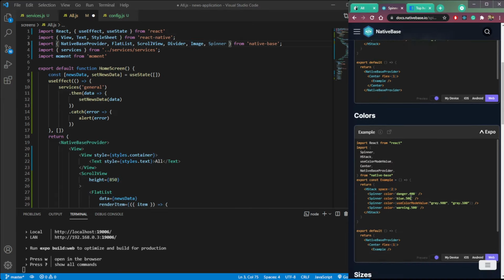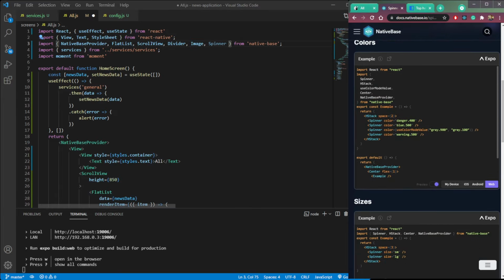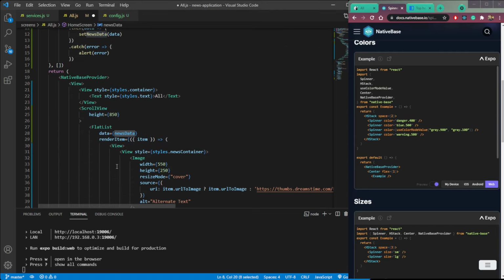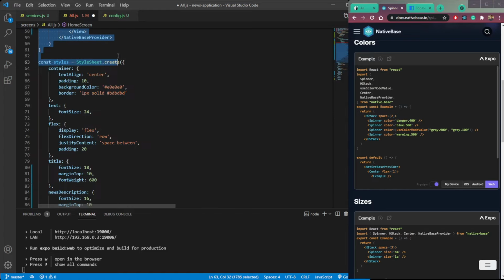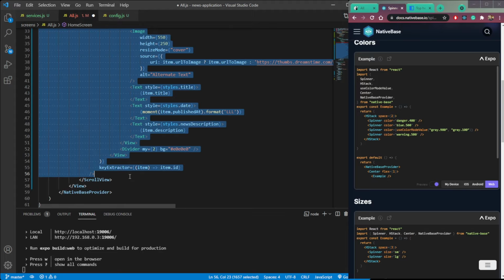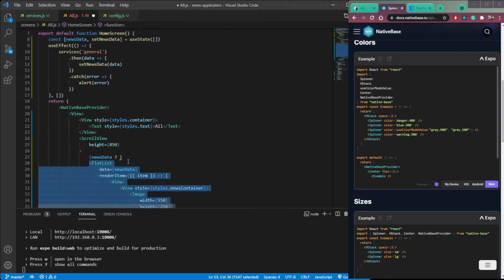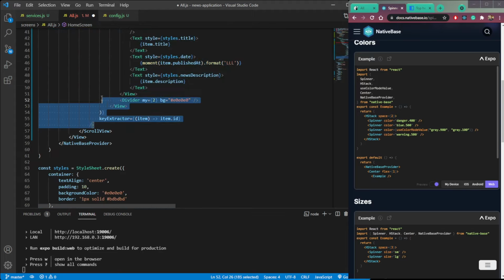Then we will use, so if there is news data here, we will show the flat list which contains the news data. So if news data, we will show this flat list. So copy the flat list. Okay, I think it ends here.